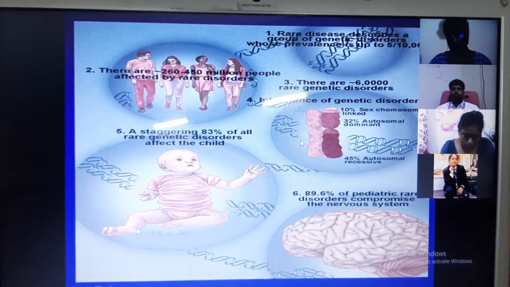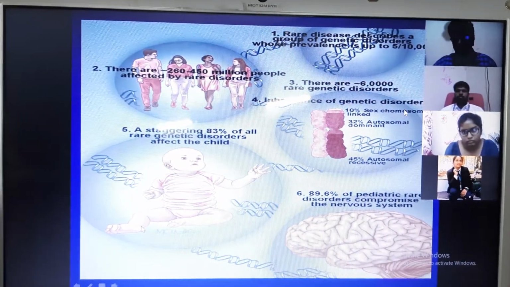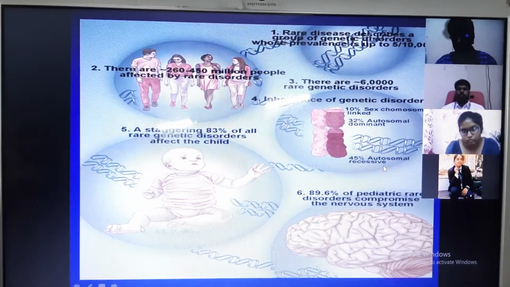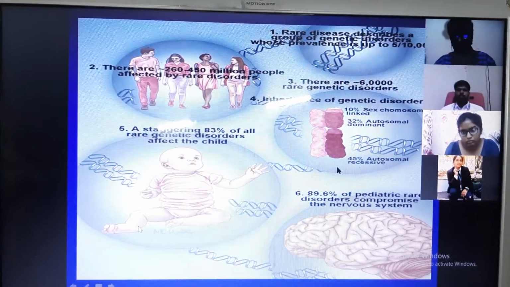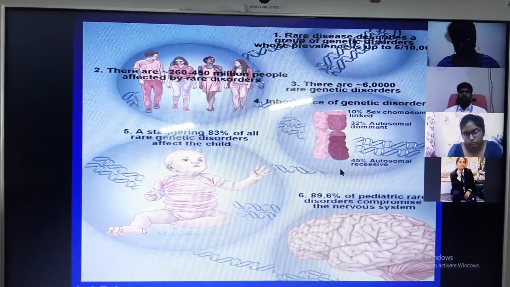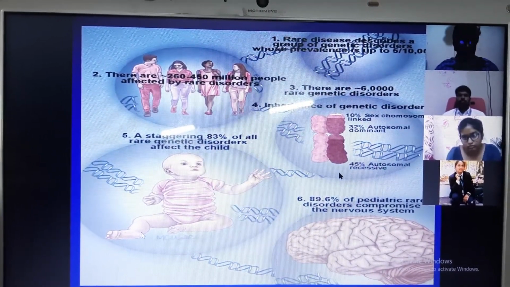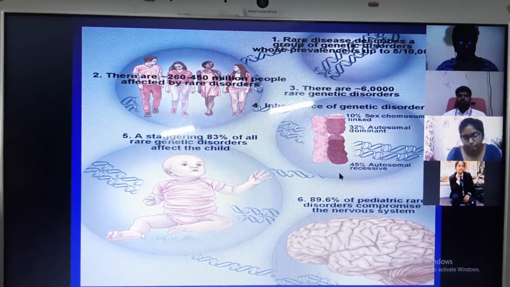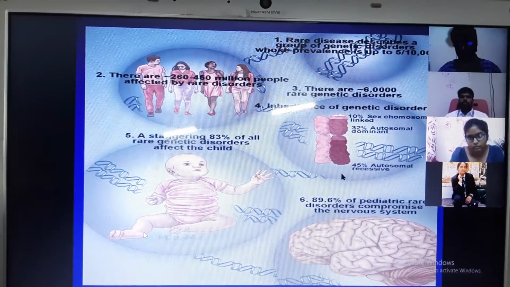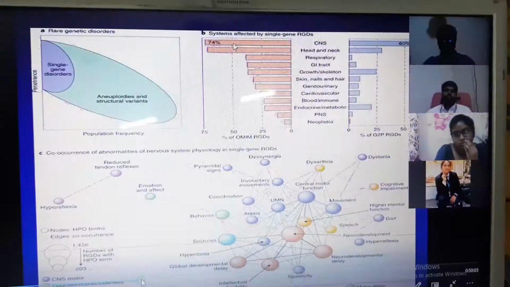So it's quite rare because there are certain genetic disorders which result in 1 out of 10,000 live births. So it's quite rare. And the second thing is there are around 260 to 450 million people affected by rare disorders as of now, and around 6,000 rare genetic disorders are seen. So this rare genetic disorder,